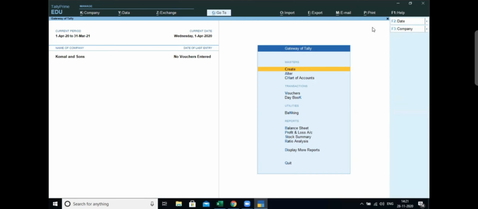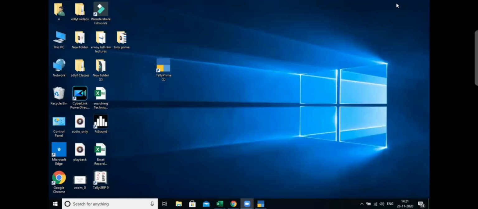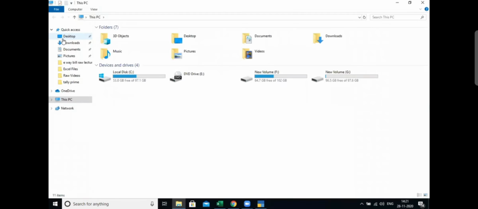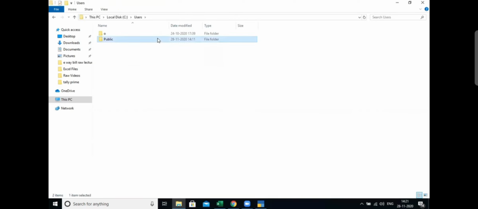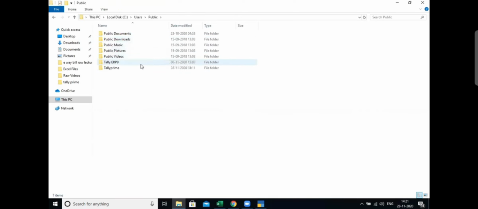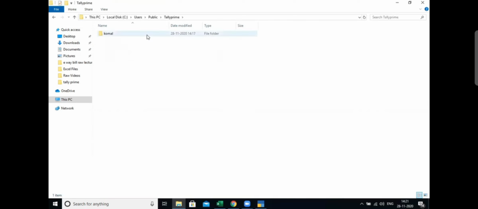I'm minimizing this, going to This PC from my desktop screen and selecting the C drive. We had provided C drive, then users, then public, then Tally Prime, and then Komal. This was my directory path, the data path.